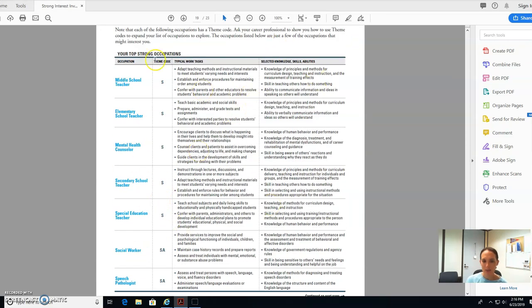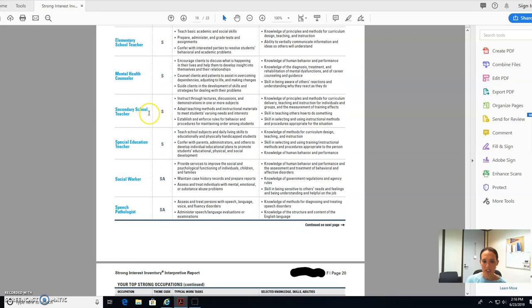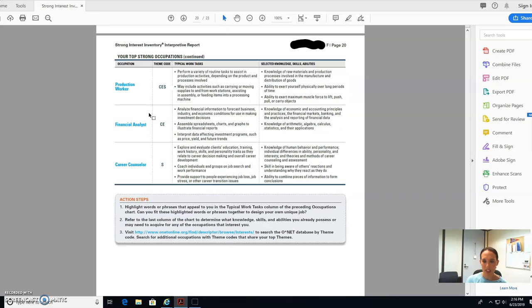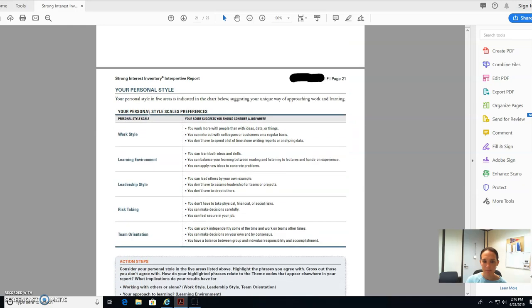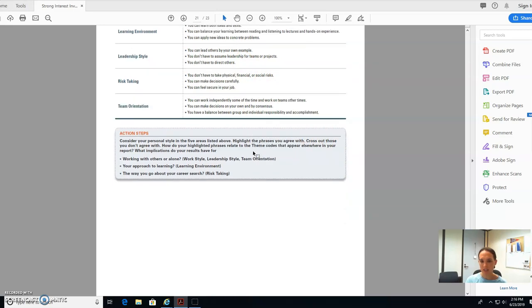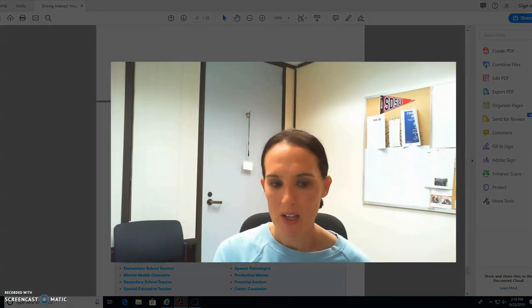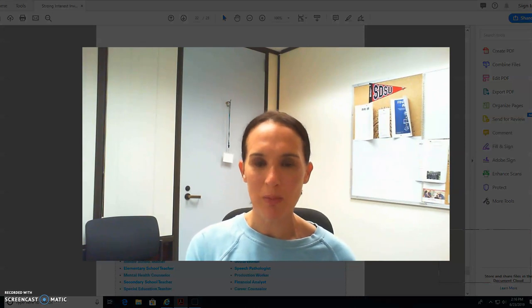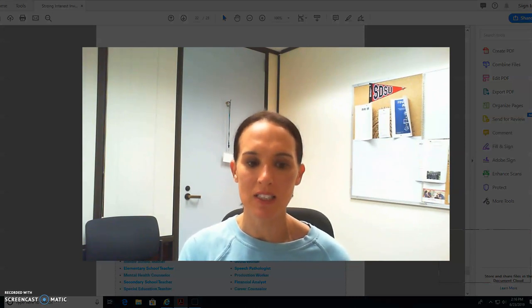Here's work tasks related to these different occupations on page 19 and 20, and information related to different jobs and tasks to keep in mind. So that's your strong interest inventory report. If you have any questions on anything specific,